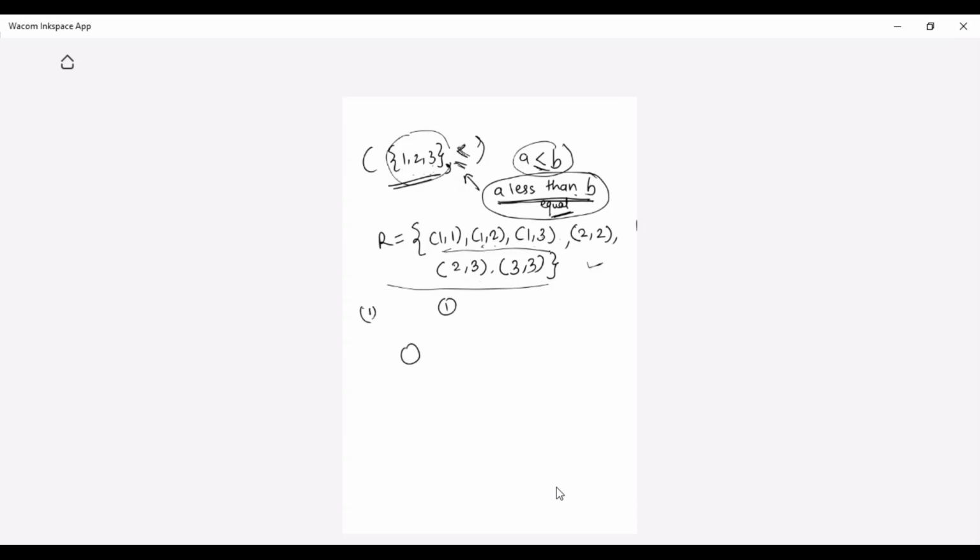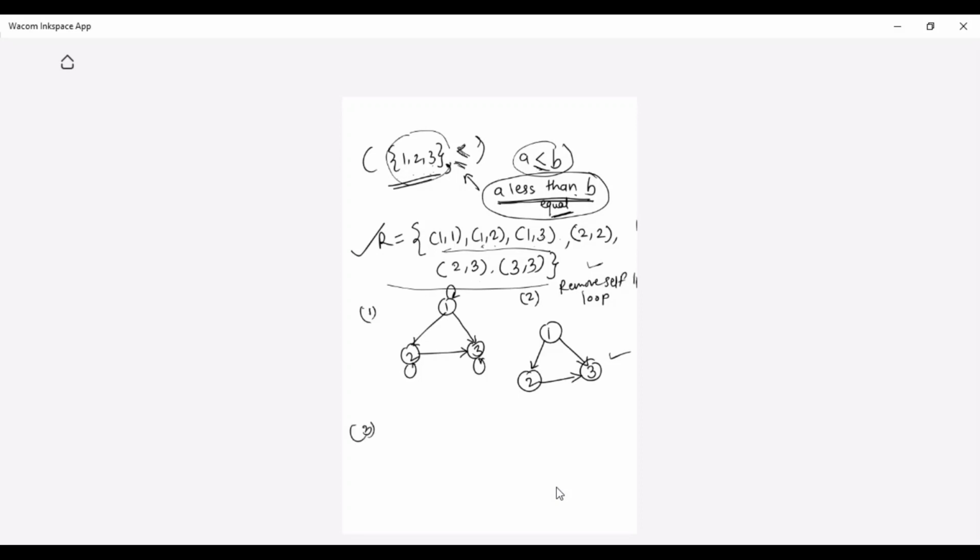So I'll have 1, 2, and 3. 1 to 1 I'll have, 2 to 2 I will have, 3 to 3 I'll have. Then 1 to 2 I'm having, then 2 to 3 I'm having, and then 1 to 3 I'm having, according to this relation. Now what is the second step that I have told you, student? You need to remove the self loop. After removing the self loop, it will be 1, 2, and 3, with 1 to 2, 2 to 3, and 1 to 3. This is the second step we have done. We have removed the self loop.